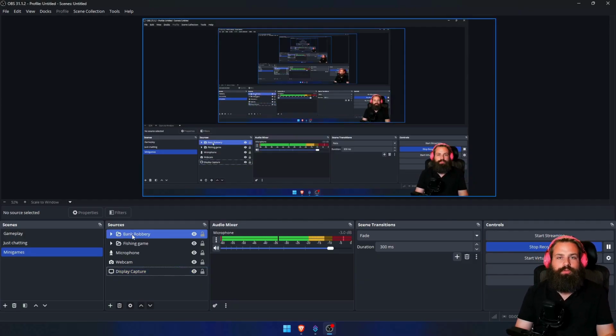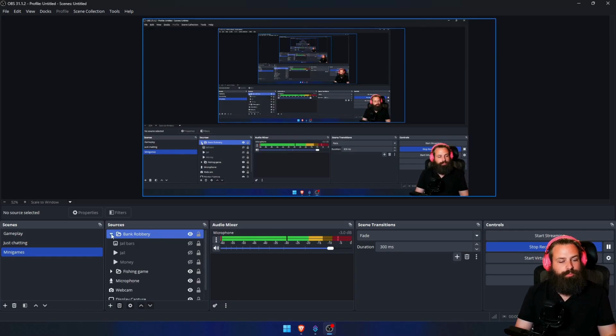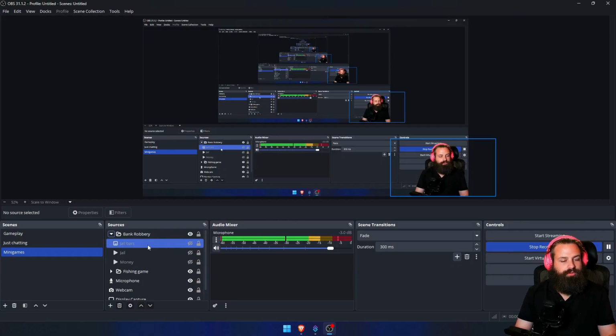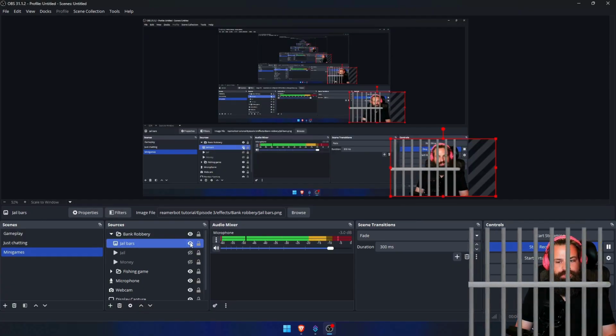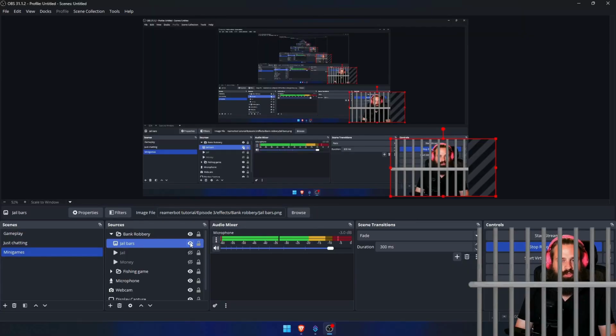So if we are to focus on the bank robbery first, by the way, we are going to do 3 minigames today, 2 inside OBS and 1 inside Streamerbot and Twitch chat. So again, we'll start with the bank robbery. We have to set up a couple of scenes. Sorry, sources. Tongue twister. The first one is an image, which is a couple of jail bars, which goes across